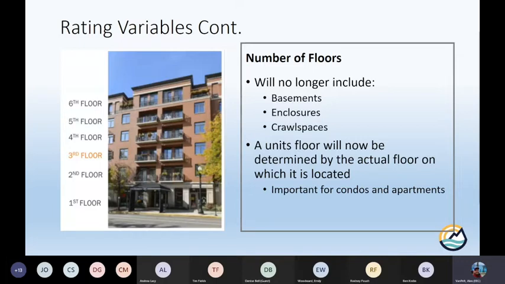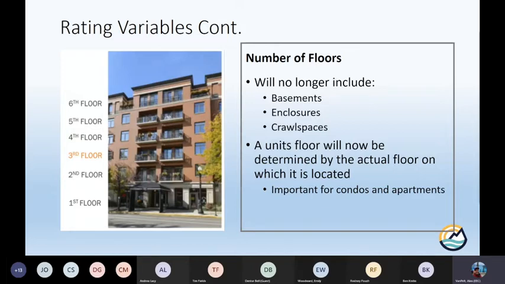There are going to be a couple of questions on the insurance application. The first one is, is this a unit? And if it is, what floor is the unit on? And then the second question is, how many total floors does the building have? So in this example, the guy's going to tell his insurance agent, I'm on the third floor, and there are 6 floors total. And that's going to be factored in now for his insurance premium rate.